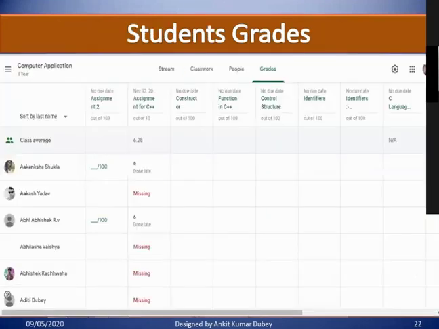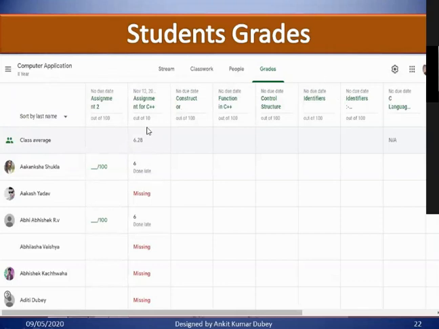The next and very important thing, student grades. Suppose you have given some assignment to the students. When you click on grades, the headings of the assignments will come like this, along with the students' names and the class. I have selected computer application second year. So my students are here, and the assignments I have given are there.